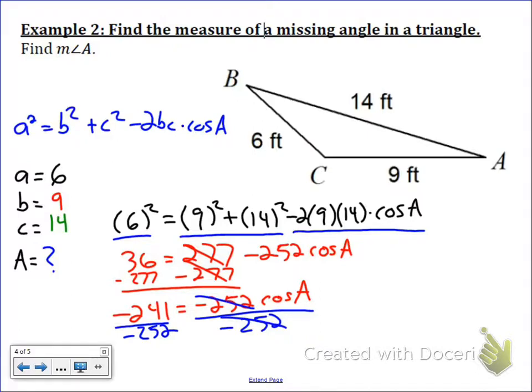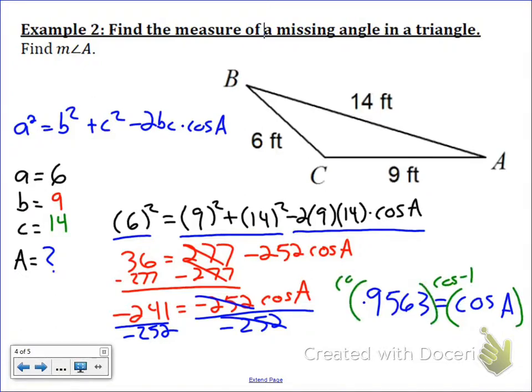These are going to cancel, and we'll round to 4 decimal places, so I'm going to get 0.9563, and that's going to be equal to the cosine of A. Now we want to undo cosine, so we need cosine to go away. If you remember from our previous lessons, we're going to take the inverse cosine of both sides. On the right side, it's going to cancel out and leave just A. And on the left-hand side, take the inverse cosine